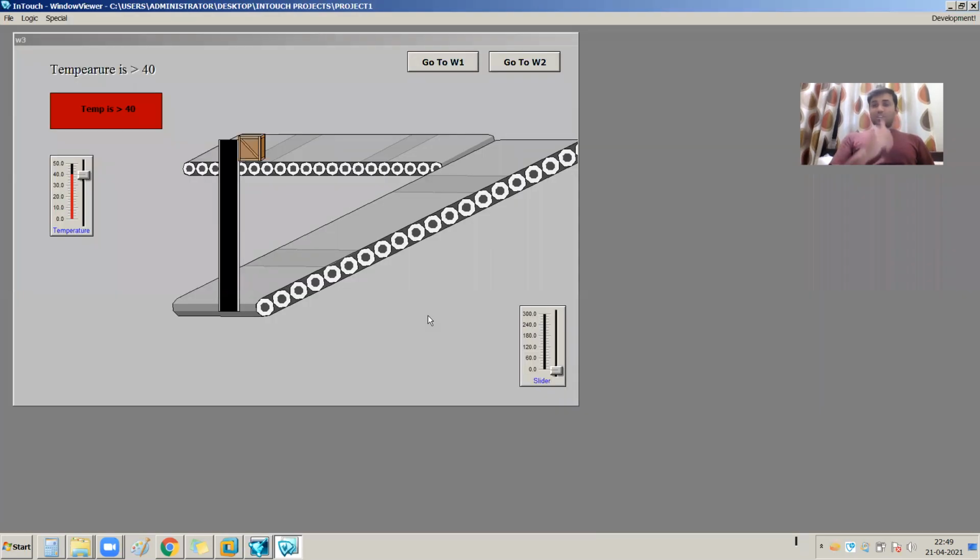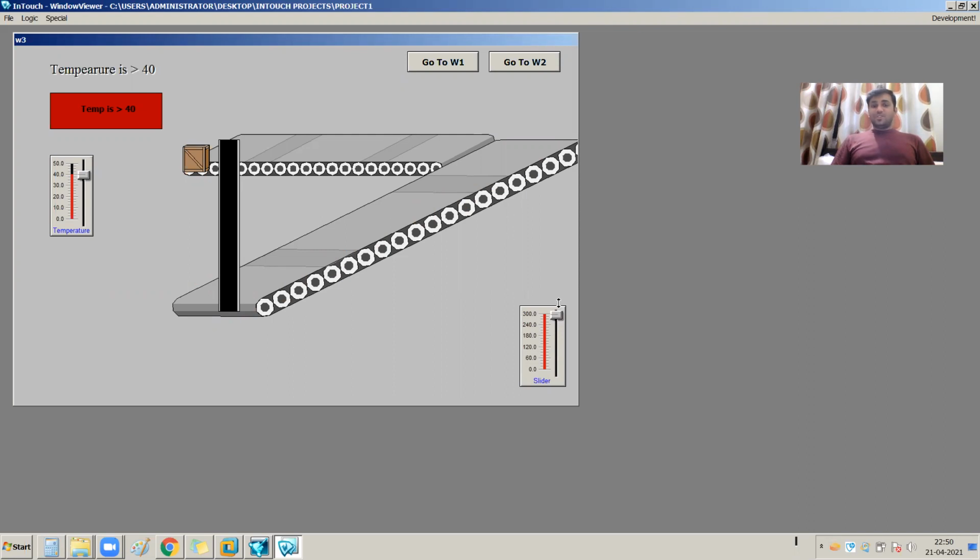Now you can see that my slider value is 0 right now, and only one box is visible. If I go ahead up to 100, see, and from 100 to 200, see, and from 200 to 300, the vertical box will be visible.